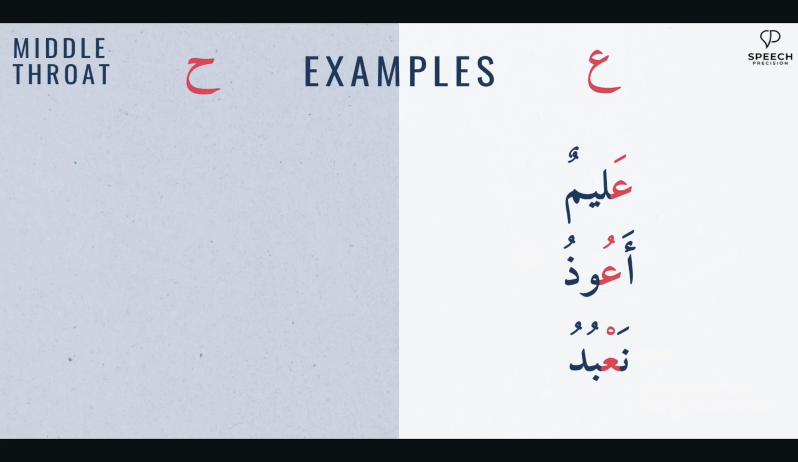Okay, now that we know what the ayn and the ha look like when they're being produced, let's try to say words that have these sounds. For ayn, alimun, a'udhu. Make sure that you're making that hamza sound different than the ayn sound. Separate the two sounds. A'udhu, na'budu,